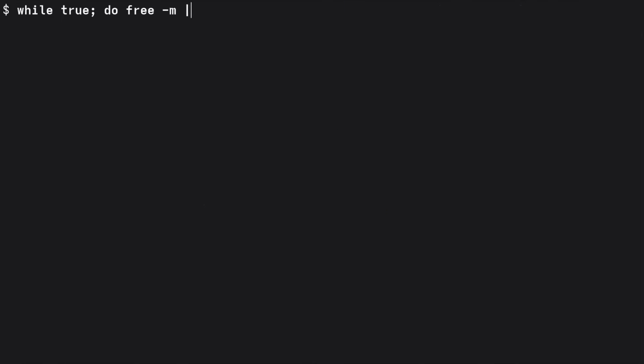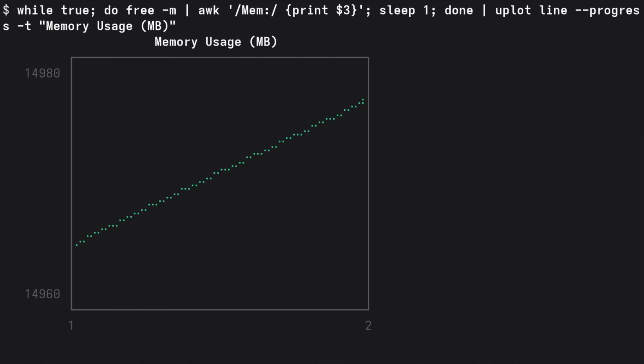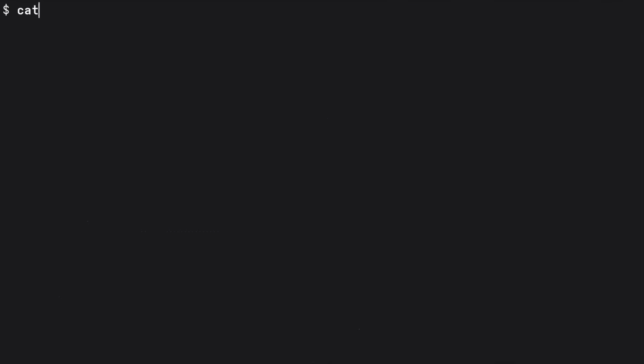The tool also works with live streams. Monitor your memory usage in real time by piping continuous readings into a line chart with the progress flag. This enables monitoring scenarios. One thing to note, the count subcommand is slower for large datasets because it processes in